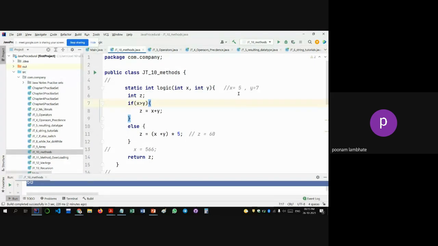Okay. Now, what if the if is satisfied? That means suppose x is 7 and y is 5. Then if is satisfied, then z will be the addition, 5 plus 7, that is 12, and 12 will get returned. Okay, so that you know it. Then another thing that you need to see over here